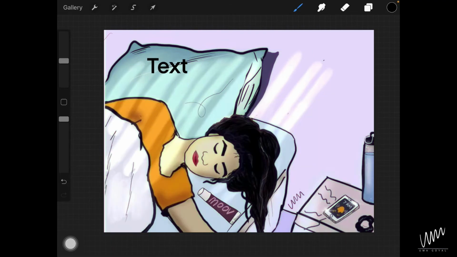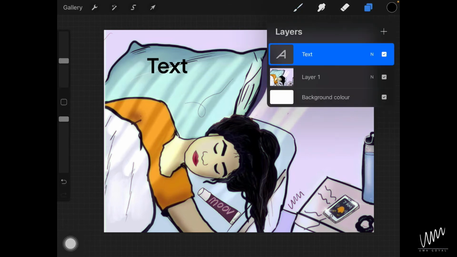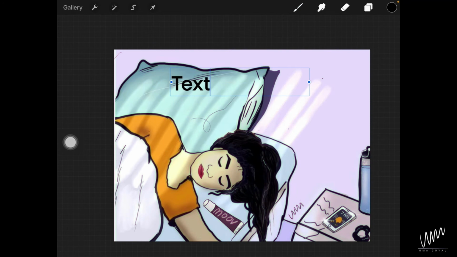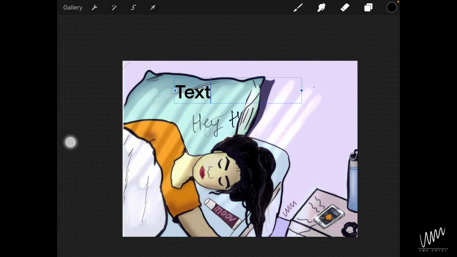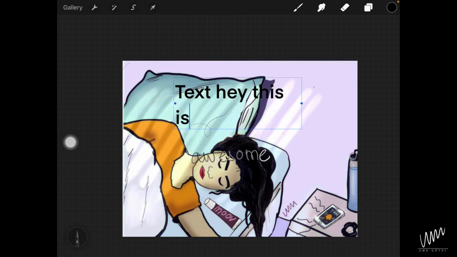The major update here is the scribble feature. Let me select the text. Now this will work for you if you have updated your iOS to 14.0.1. So I have to make sure that my text layer is selected. I can directly scribble what I want to type, so I can say that hey, this is awesome, and it's pretty decent in recognizing words too, even if your handwriting is not the best.